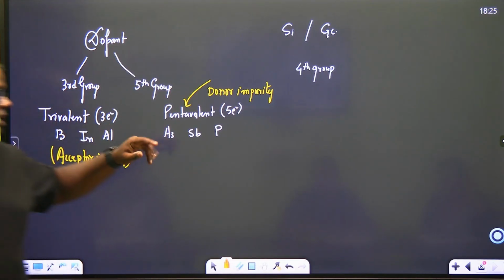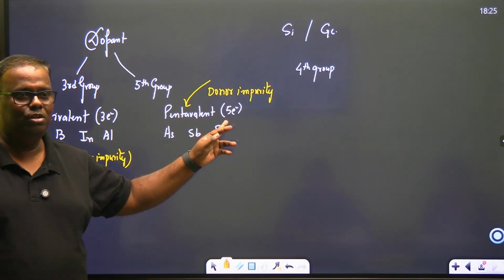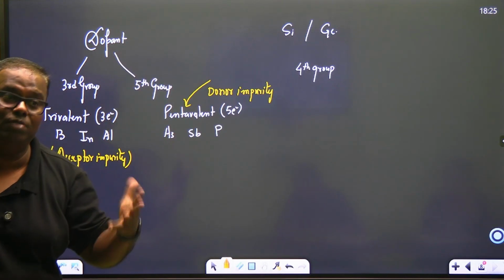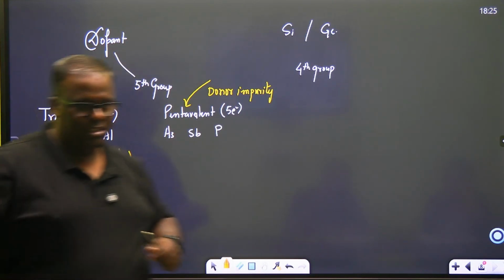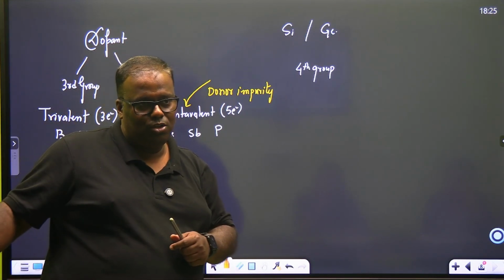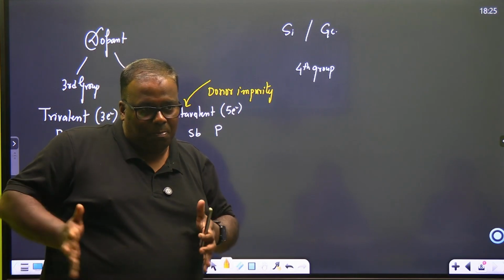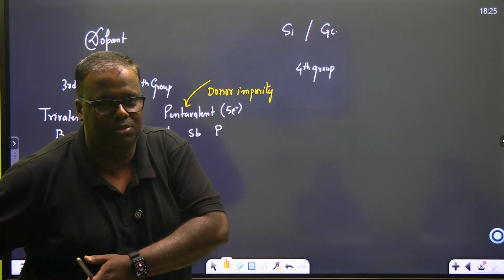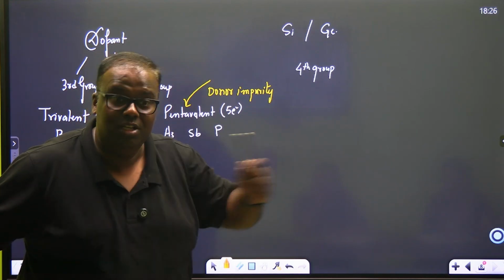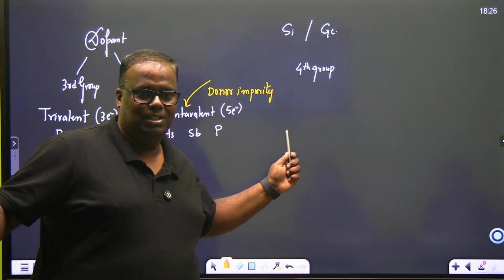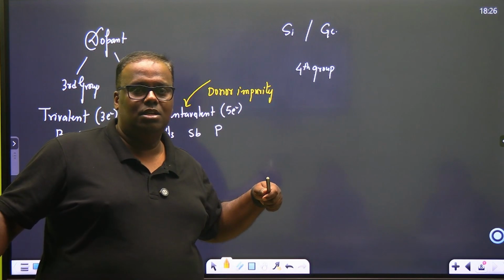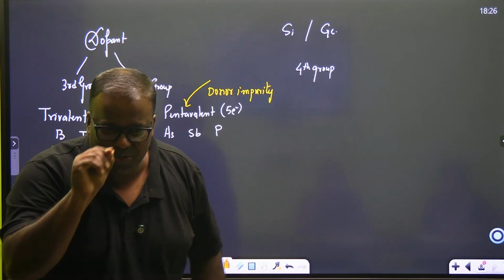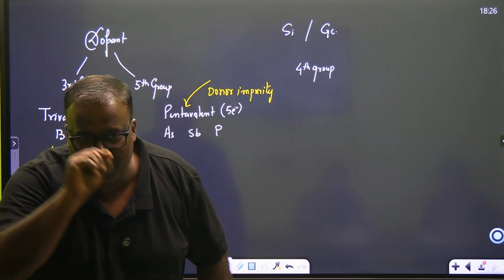Now just see. Why is this fellow called donor? This fellow is coming with 5 electrons. And right now silicon is with how many electrons? 4. ये अपना 5 बच्चों में 4 बच्चा इसको दे देगा. Bond form कर लो. 1 electron will be excess. So once you add this, there is always excess of electrons. And one atom is not going to come. Many dopant atoms will come.